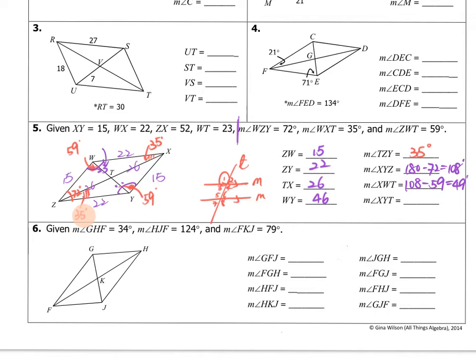And finally, XYT is 59 degrees because it's alternate interior angles with YWZ. Okay, so it feels a little confusing because it's running in circles and also because my notes are so